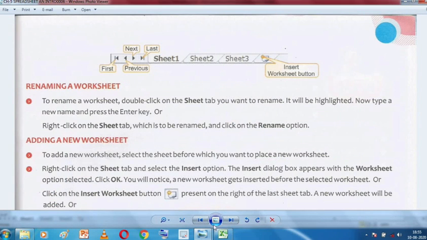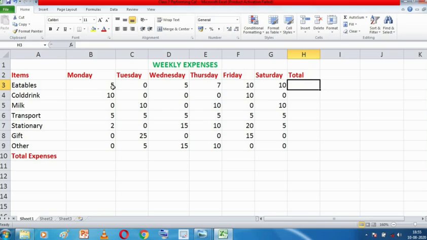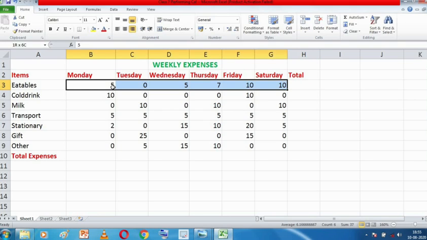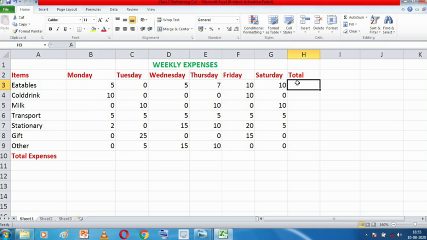If I want to perform addition of all these cells, I have to type a formula in this cell. If I want the total over here, I will write my formula in this cell, and so on. We are the users of the computer and we define the formula.